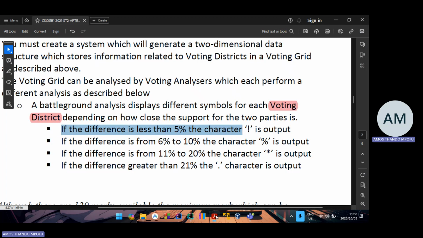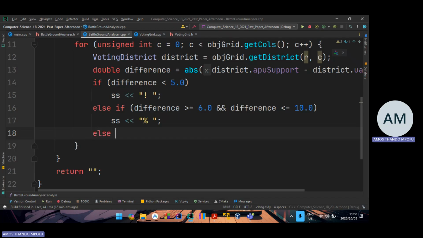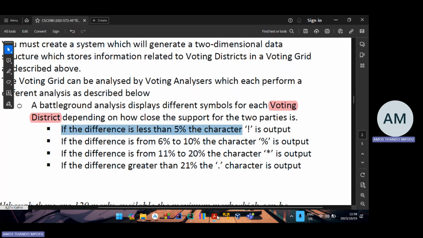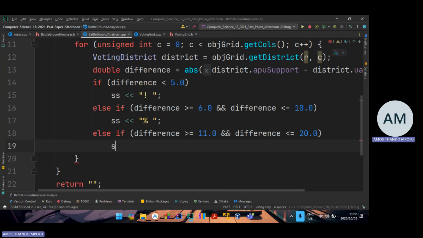From 11 to 20, else if difference is greater than or equal to 11 and difference is less than or equals to 20. 11 to 20, right? Yes. I'll put the character, the asterisk character, put a space afterward. And then